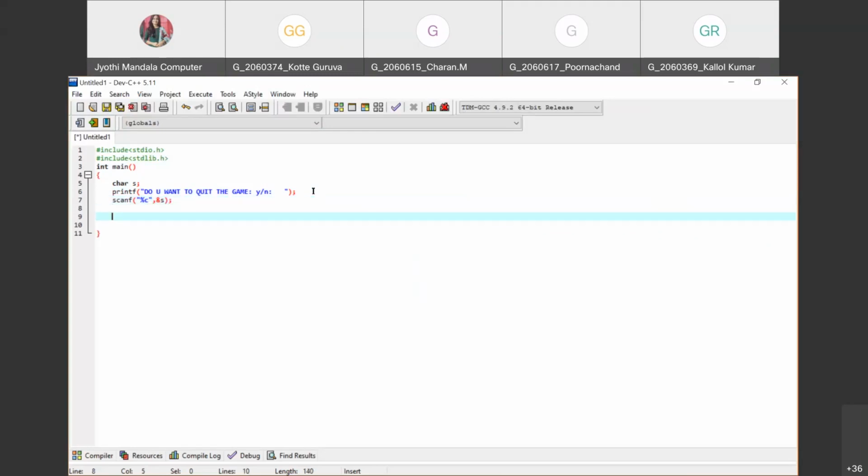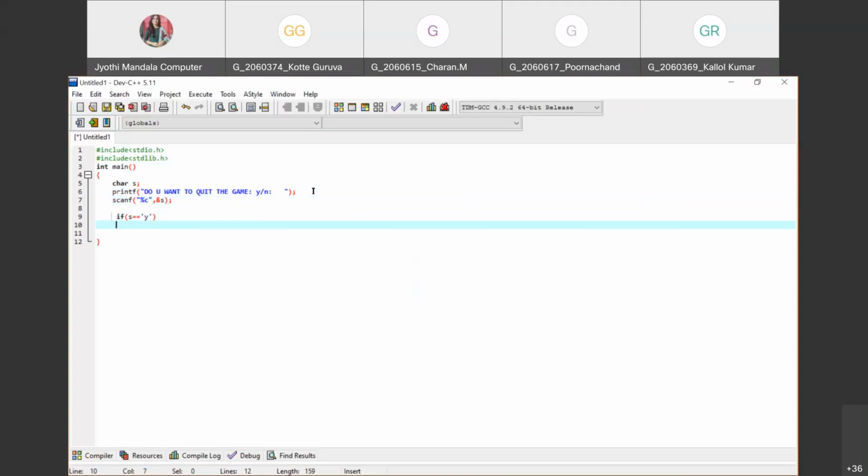Now what I want to do is check the condition here. If the status that is given is equal to y, what do you mean by y? The user wants to quit the program. That means in that case we want to tell that the user wants to exit, he wants to quit the game. In that case, you can use the function called exit, where we don't want to continue with the rest of the program. We want to completely terminate the program. We want to completely terminate the game, isn't it? Right? Then we can write directly exit 0. Remember, don't get confused between exit and break.